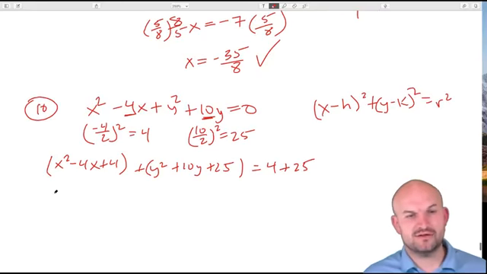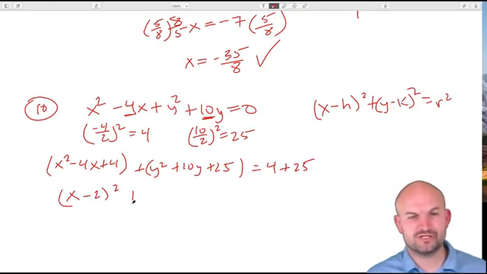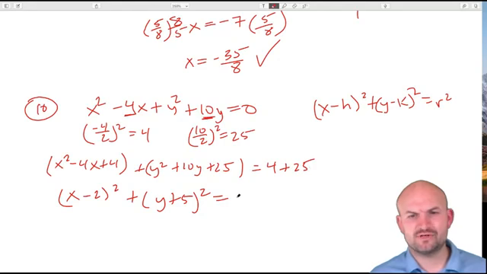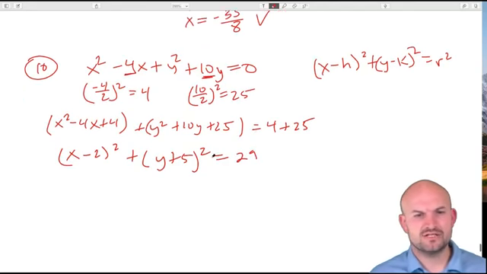All right, so now this is going to give me (x minus 2) squared as your binomial squared, and this would be (y plus 5) quantity squared, and this gives you a 29. So therefore, the center is going to be 2